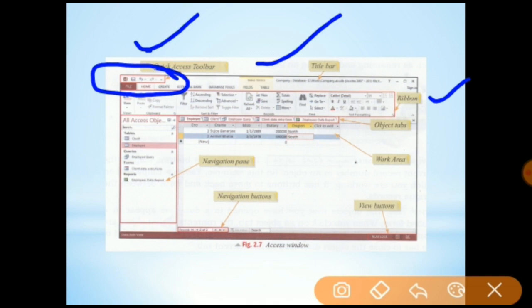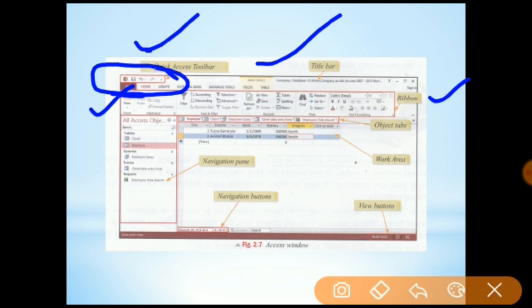So we are having two options to save our file. First is the shortcut key, that is Ctrl+S, and next is we have to go to the file tab and just select the save option. But if we don't want these two options, we can easily save our file with the option of quick access toolbar. As you can see here, a very small icon, a drive icon, is given here. You just have to click on it and your file will save.